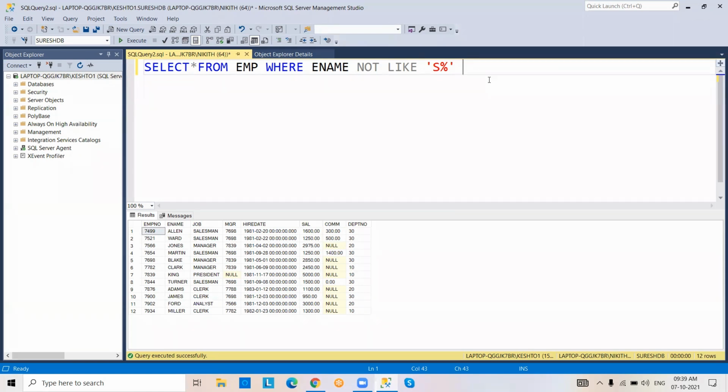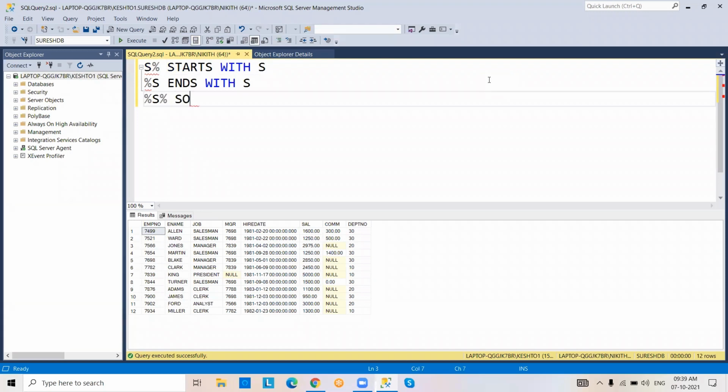But here we have to discuss some limitations. S percentile means starts with S. Percentile S means ends with S. Percentile S percentile means somewhere S in ename, any place S must be there.